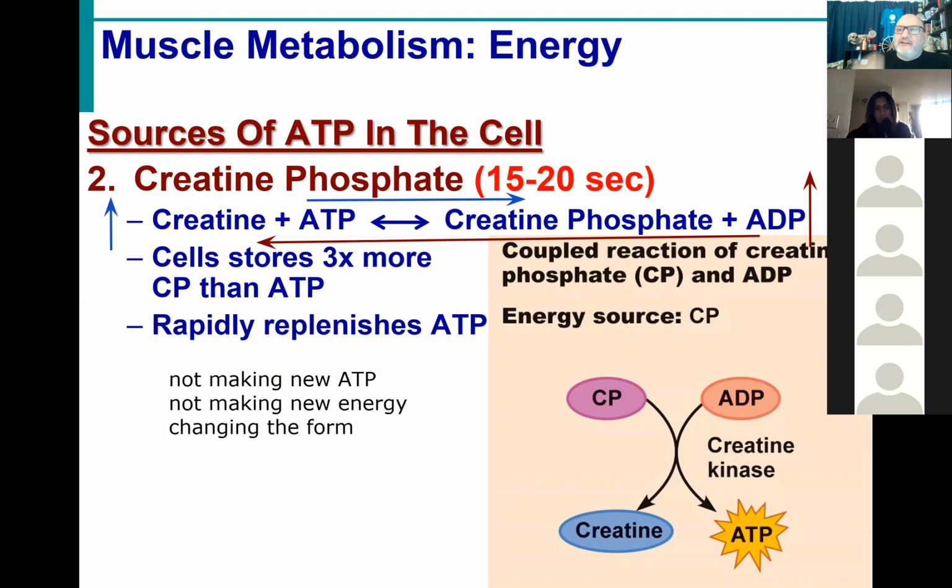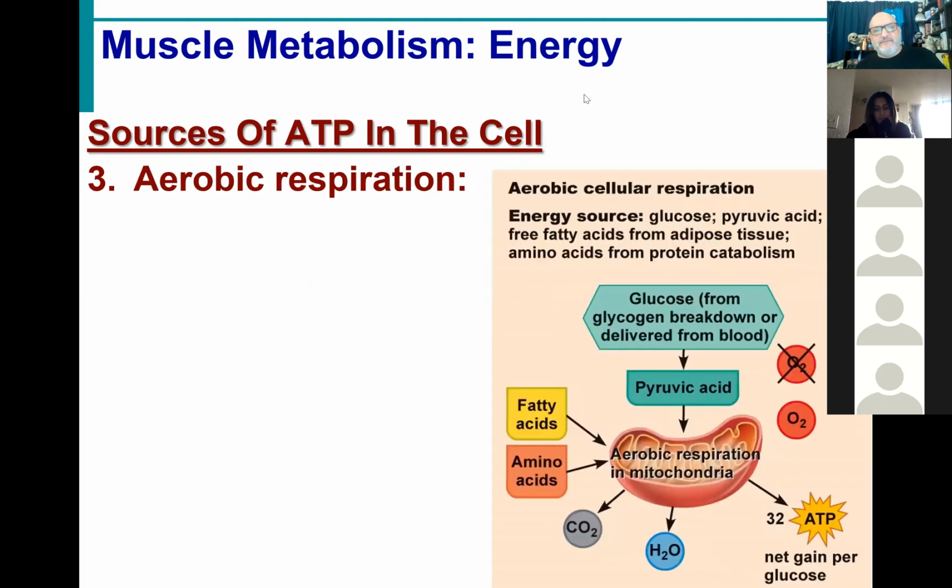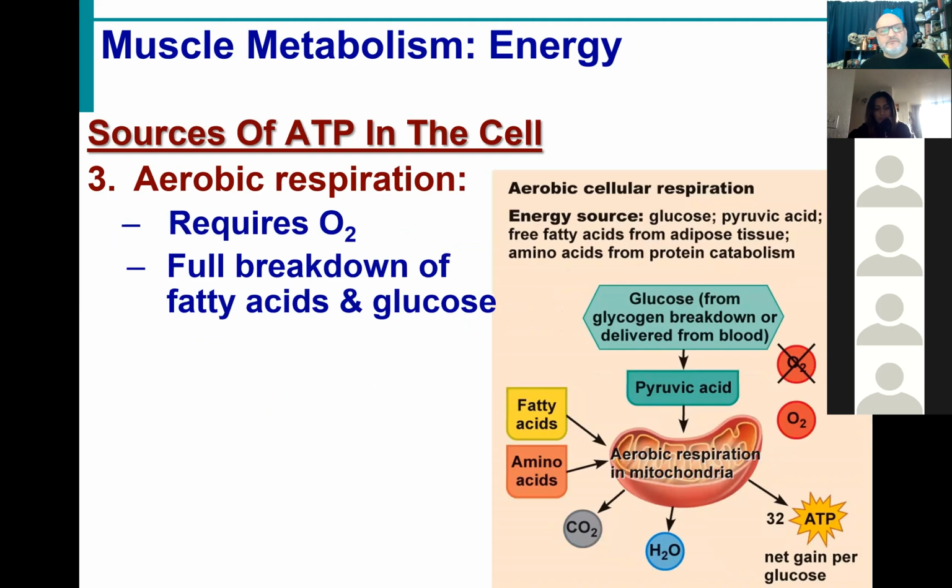But if we want to contract a muscle for more than 30 seconds, we can't rely on stored energy anymore. We have to make energy. And that starts with aerobic respiration. Aerobic respiration, remember, requires oxygen. As we talked about, we start with the splitting of the glucose into pyruvic acid. Then with oxygen, this pyruvic acid is able to enter into the mitochondria,